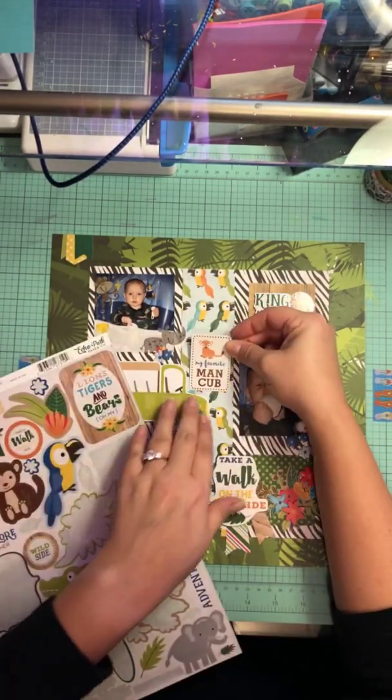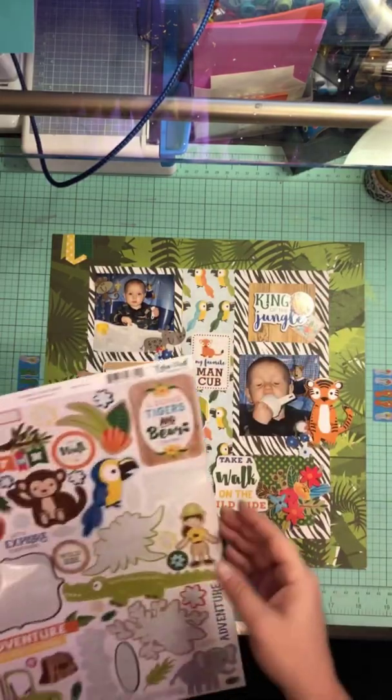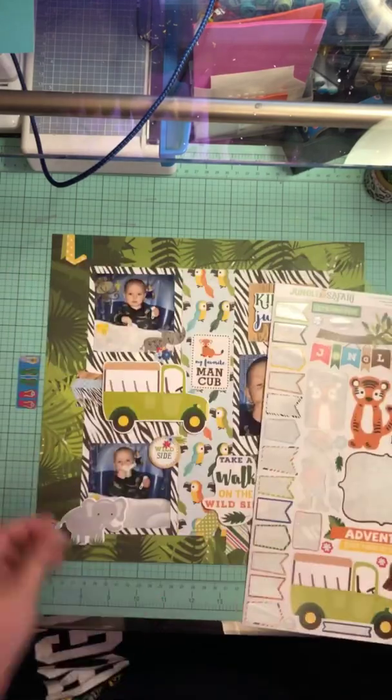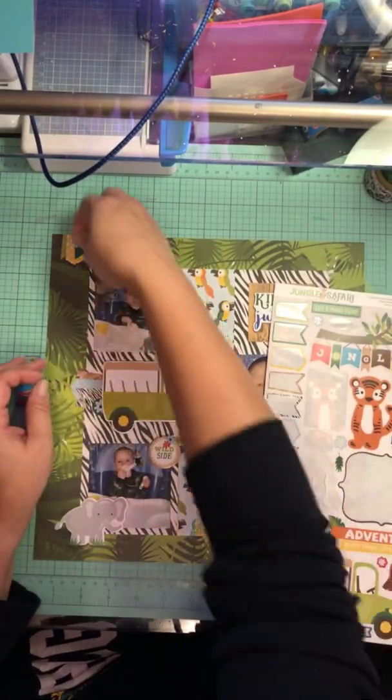And then I'm going to come back in, and I'm going to put my favorite little cup, my favorite man cub on there. And just grab a couple more things. There's not too much more that I'm going to do to this layout, so before I get cut off,